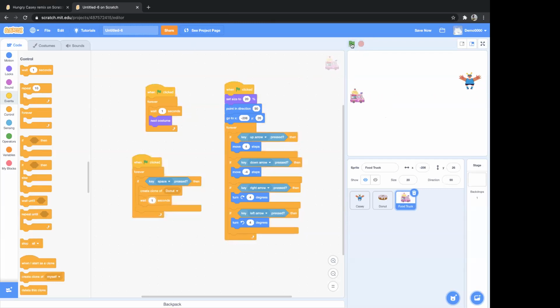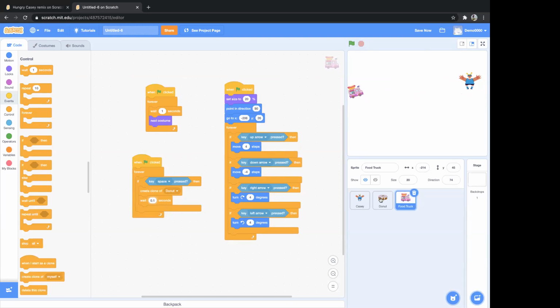Okay, so see, if I made it 1 second, the donuts are taking time to come. So I'll just make it 0.1 second. Now see, even if I move the food truck, in whichever direction the food truck is moving, the donuts are also moving in the same direction, okay? And it's looking like the donuts are coming from the food truck. See, clear? Now even if the donuts are touching the KC right now, nothing is happening. Okay. So now the things are done for food truck and for donut as well.